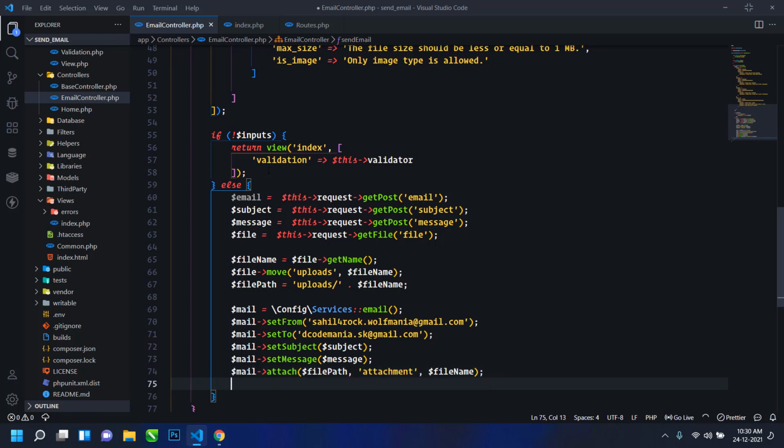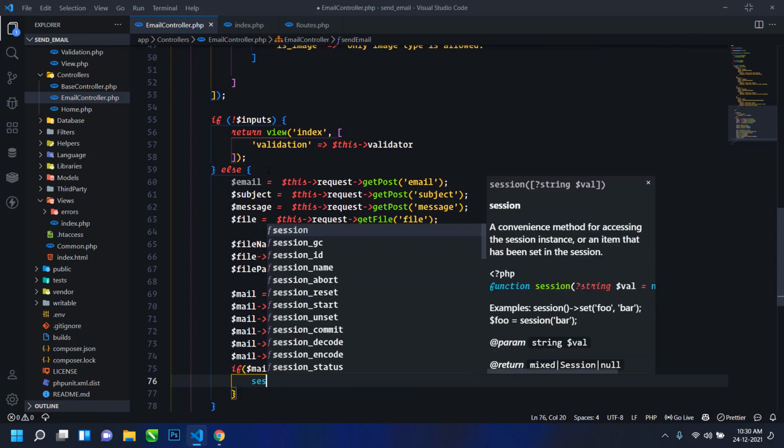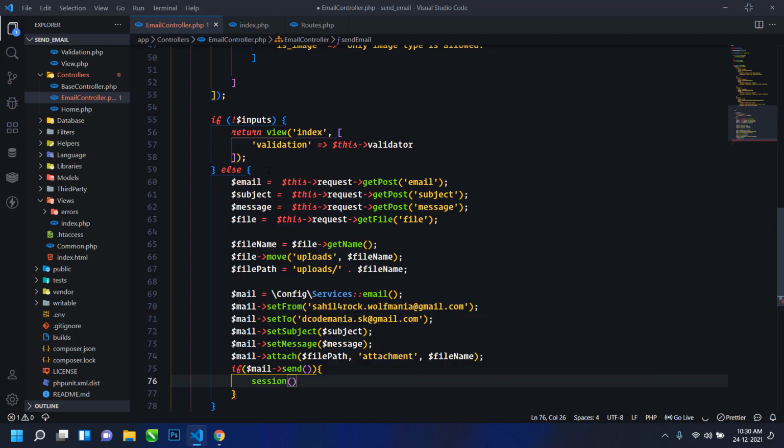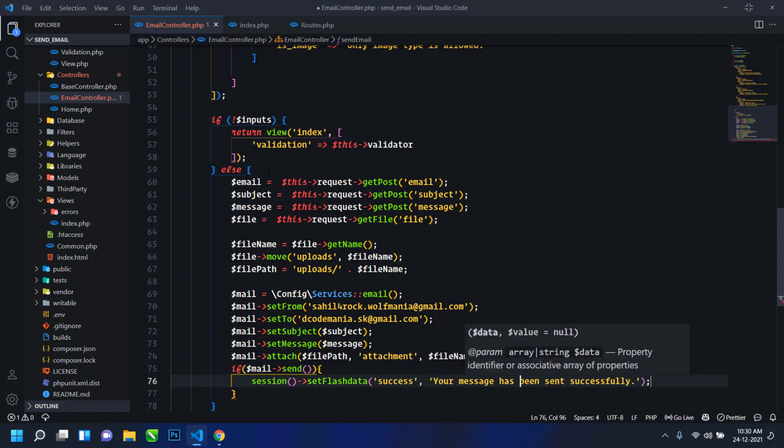Okay, and then I will use an if statement: if mail is sent, then in this case I will set a flash message using session set flash data success, and here I will write your message has been sent successfully, and I will also redirect back to the index page.